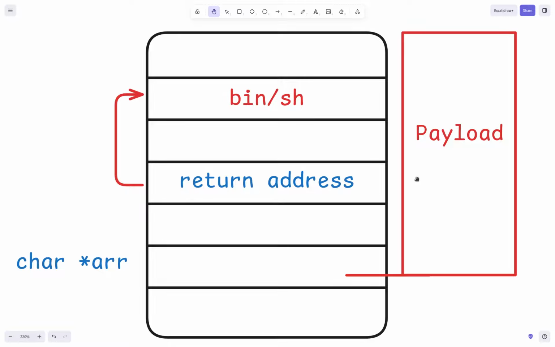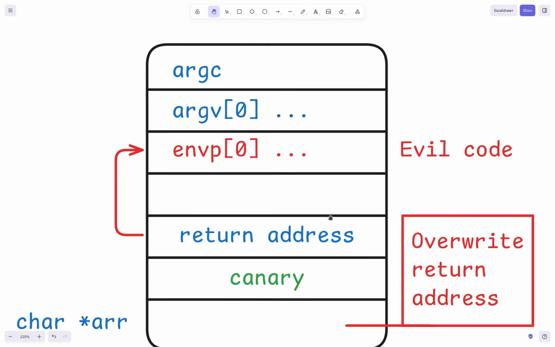But not quite, there's an extra wrinkle here that I want to convey. Normally what you would do is fit a payload into this message you're sending and overflowing the buffer with, and then you alter the return address to jump to that malicious code. But what we're going to be doing is a little bit different. We are going to be modifying the return address, but we're not going to fit our payload in content that we're reading in. Instead, we're going to be